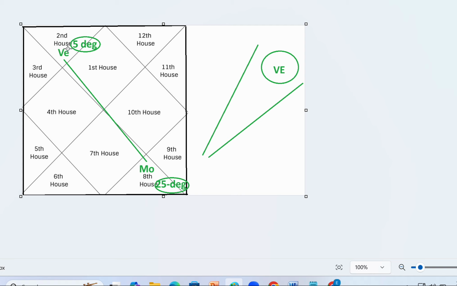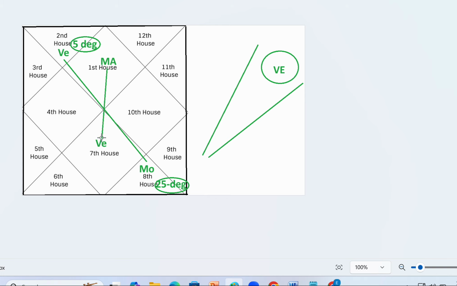So you have to understand it degree wise. If degree wise they are coinciding, then there will be an influence. Generally, what they see is there is Mars in the first house, there is Venus in the seventh house. Fine, Mars is aspecting Venus, done. So this fellow will have a love marriage or he'll have an affair right from a very early age. That's it. They don't even look, because 30 degrees is too much of a space.